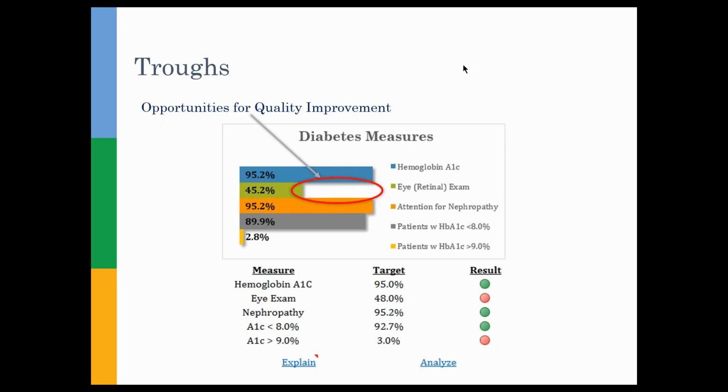So we've seen a lot of clients start looking more and more at, and wanting to dashboard, some of their clinical measures. And here we've taken a subset from our higher risk HCC population that we looked at earlier, and looking at clinical measures specific to our diabetic patients. So from this trough chart, we can quickly tell by glancing that we're pretty successful at getting our hemoglobin A1Cs